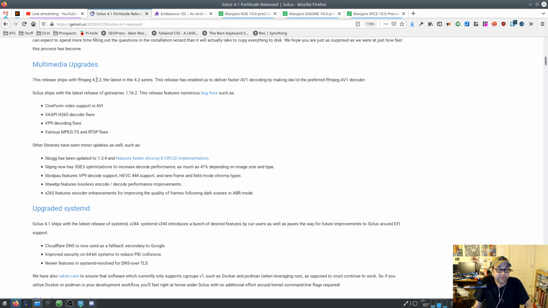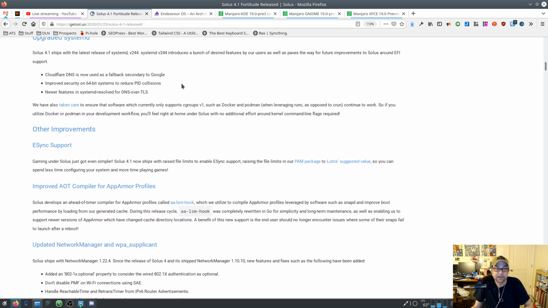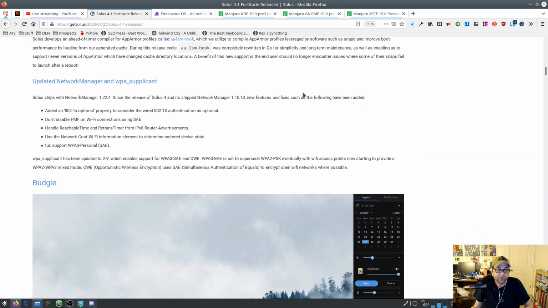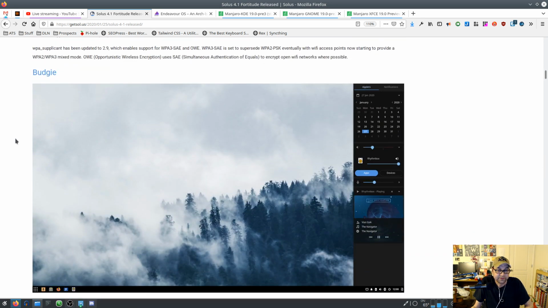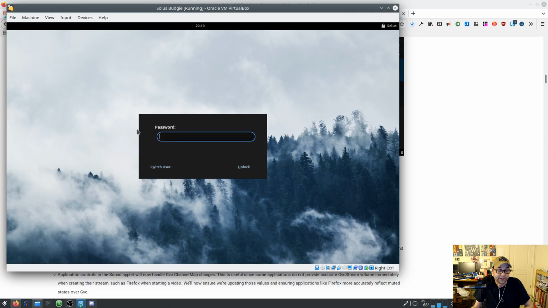Multimedia upgrades, so the newest FFmpeg, GStreamer, VAAPI, Cineform. So again, keeping with all of the focus on desktop performance, being up to date. Systemd, I'm kind of glossing over some of this because I don't think I need to go into excruciating detail, but suffice to say they've changed quite a lot here in 4.1. And if we look specifically at the desktop environments themselves, so looking at Budgie, which I happen to have running here,